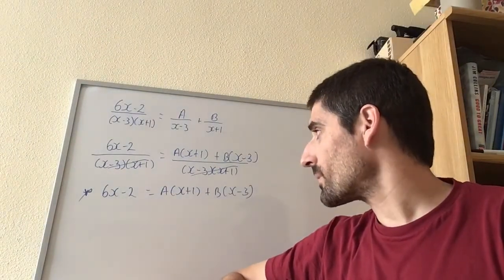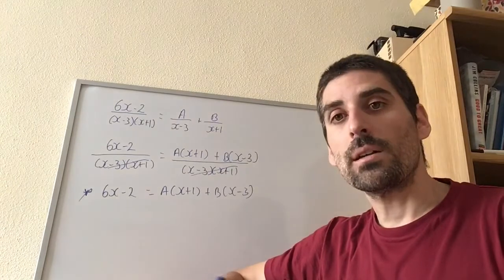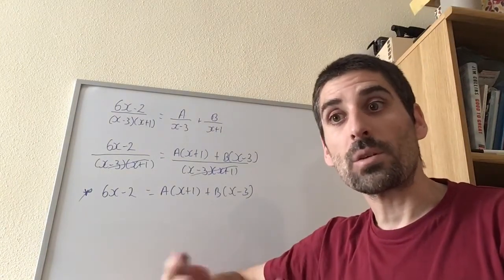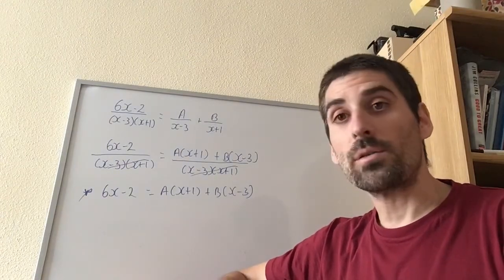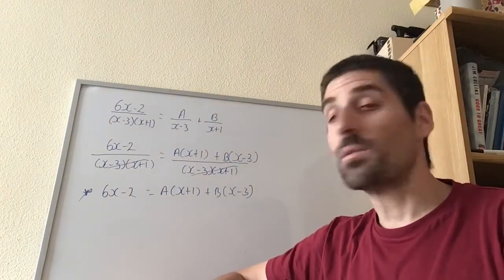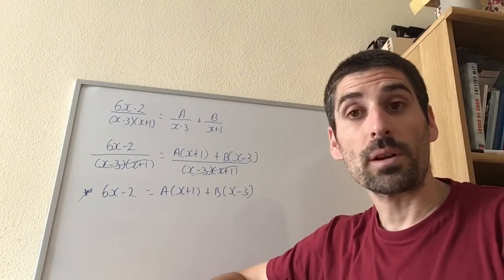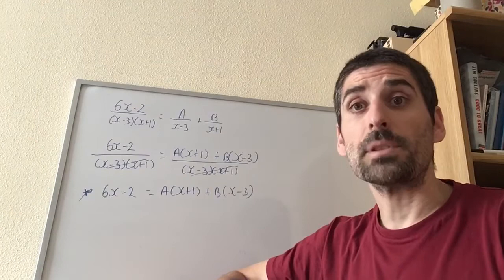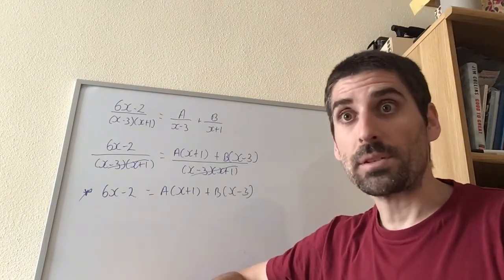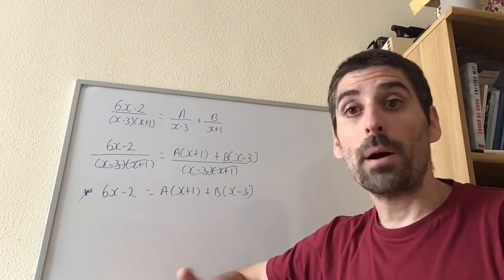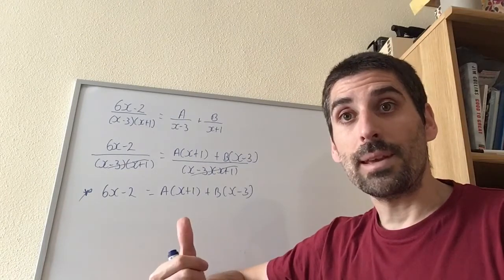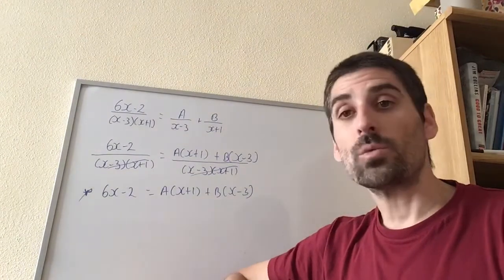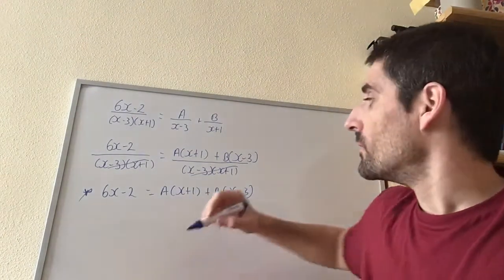I could expand the brackets out and try to equate coefficients, and I will end up with simultaneous equations which I can solve, or I could just substitute numbers. Maybe this time I'm going to do both to show you how both methods work and give you the same thing. Substitution, I could just substitute any two numbers, end up with simultaneous equations, find a and b. But because we're intelligent people, the easiest two numbers to substitute in there are going to be minus 1 and 3. So if we start with minus 1,